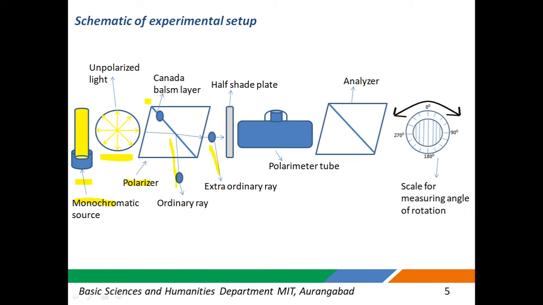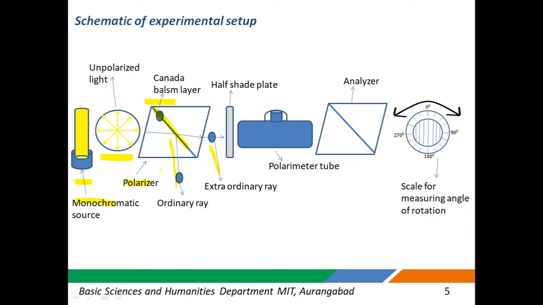So we have this Canada balsam layer here in the polarizer. The unpolarized light from the source, when it falls on this Nicol prism, is polarized and fixed into one direction. The plane of polarization will depend upon what is called the principal section of the polarizer. It is like a slit in a plate, and when the light is passing through it, only the vibrations which take place along this axis will pass through, so the vibrations are all aligned to this slit and the light is plane polarized.